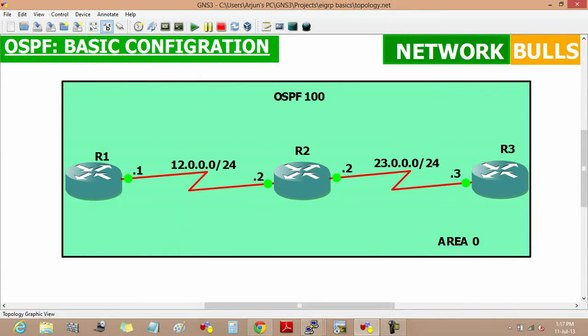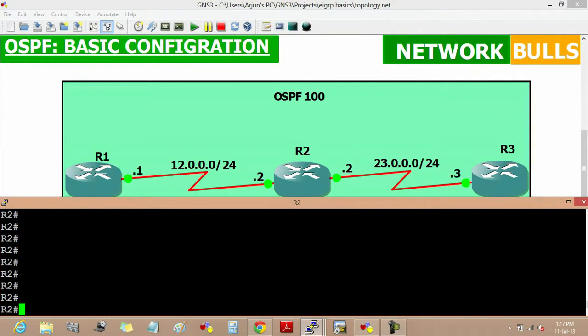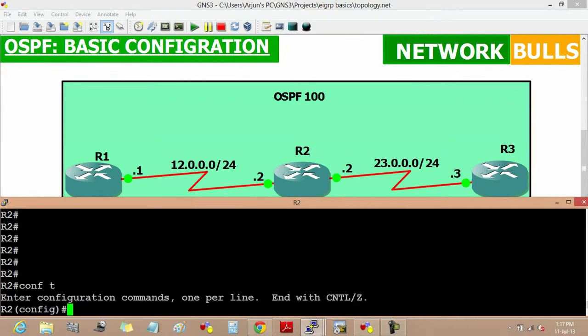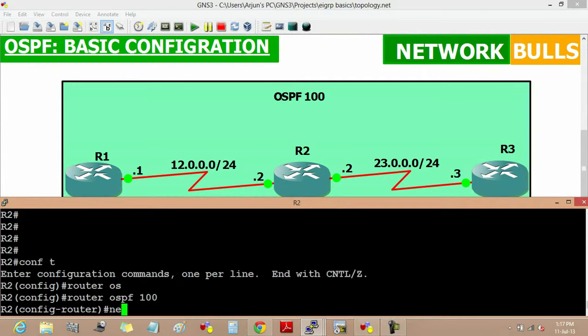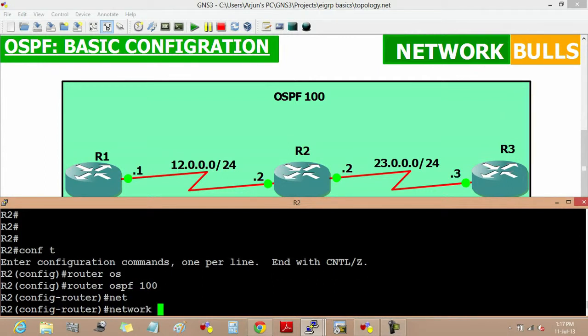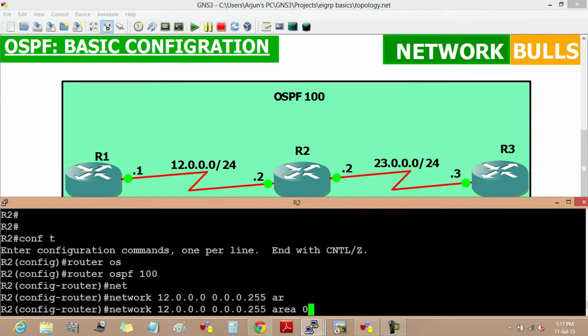Now moving to router 2. First command here will be the same as on router 1: router ospf 100. Then the network. So the network here is 12.0.0.0. Then the wildcard mask 0.0.0.255 and then area 0.